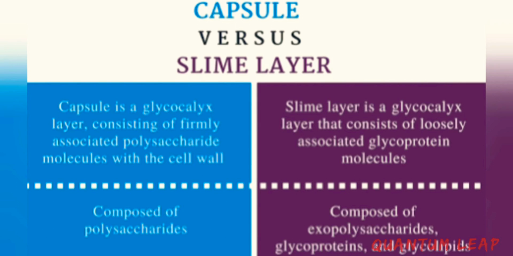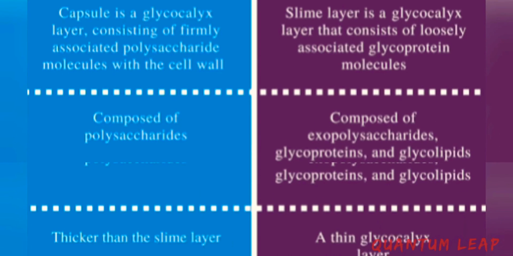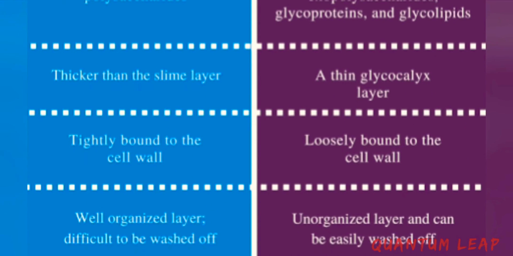Capsule is a glycocalyx layer consisting of firmly associated polysaccharide molecules with the cell wall, whereas slime layer is a glycocalyx layer that consists of loosely associated glycoprotein molecules. Capsule is composed of polysaccharides, whereas slime layer is composed of exopolysaccharides, glycoproteins and glycolipids. So next, the capsules are thicker than the slime layer, whereas the slime layer consists of a thin